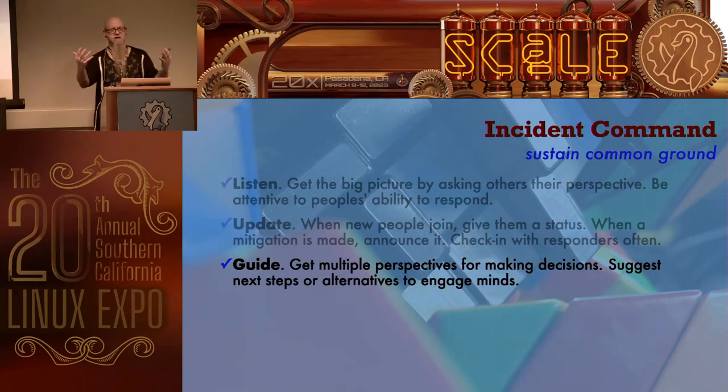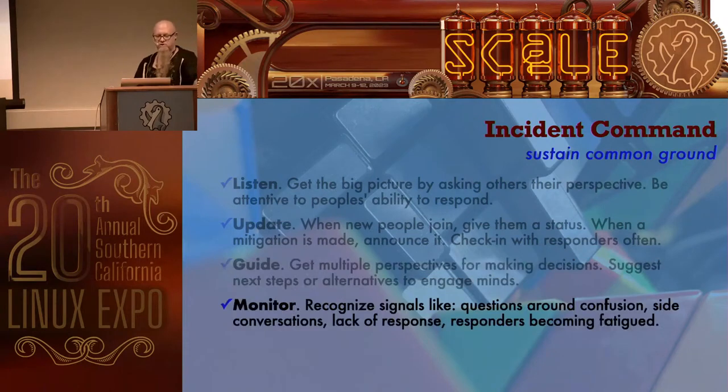Once you are updating, you can guide people with those decisions and suggest alternatives. If people seem to be stuck, try to get things moving by asking them questions. Sometimes a junior SRE will get a little bit timid and not really make the decision. They may know the decision that they need to make, but they're a little timid to make it because of the production pressure. The eyes are on them. As a leader, as another SME on the response team, help them make that decision. Give them some motivation to make it.